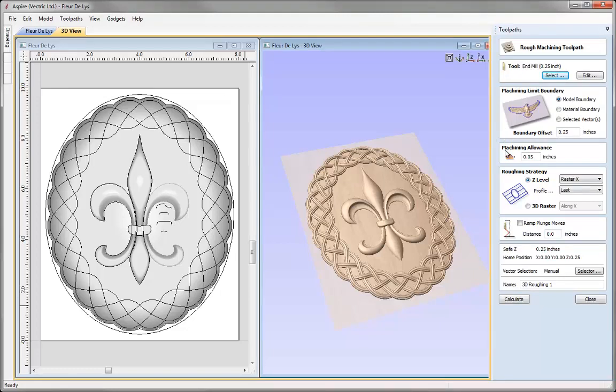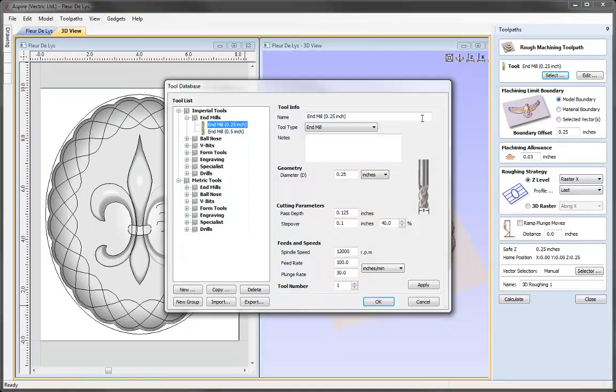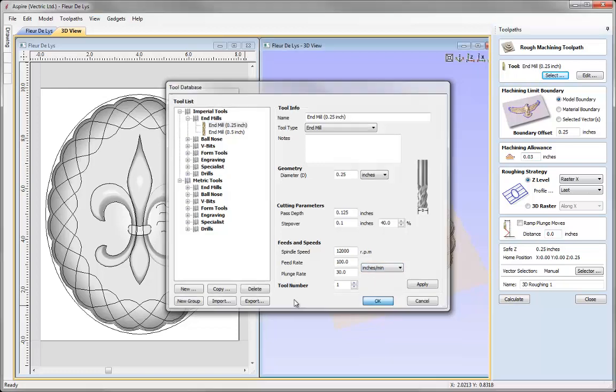entering parameters for the toolpath, and we'll start by selecting a tool. So if we use the select option here, that's going to open up the tool database, and this is the area of the software where we can enter and edit any tooling that we have available to us with appropriate parameters for our particular machine and materials that we're planning to cut. In this case, I'd like to use a 1/4 inch end mill, and I could go ahead now and press